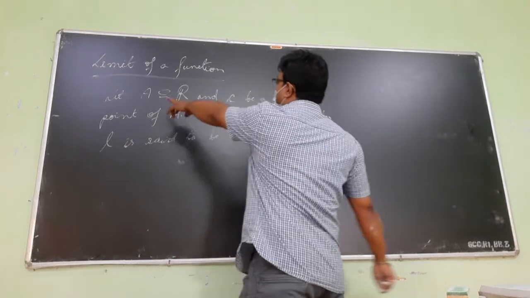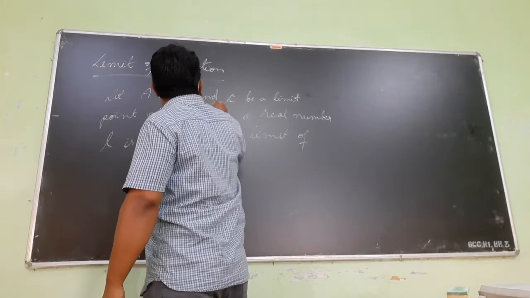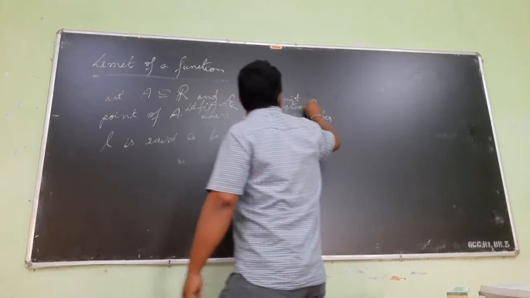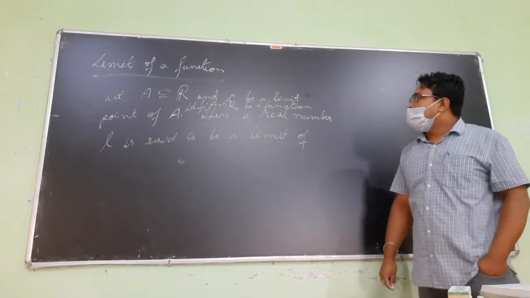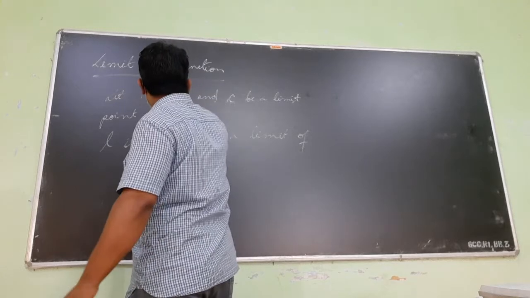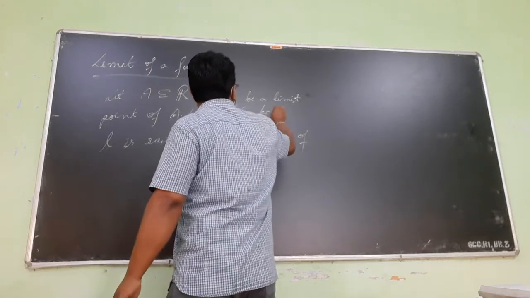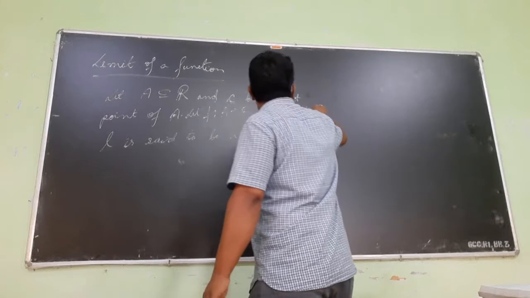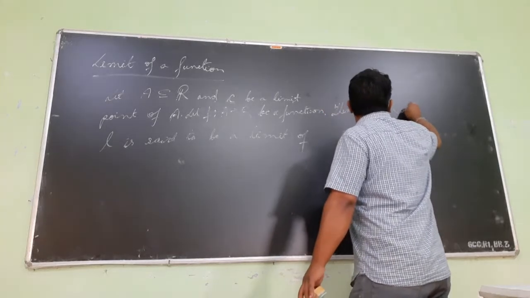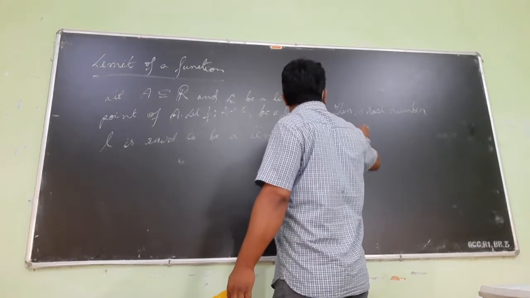Let A be a subset of R, C be a limit point of A. Also let F be a function from A to R. Then a real number L is said to be a limit of F at C